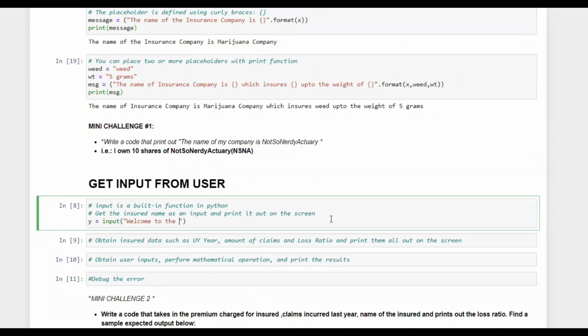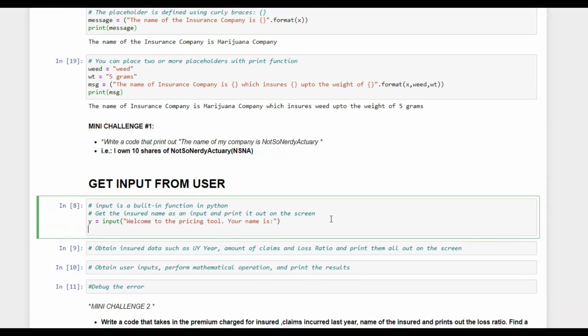Welcome to the pricing tool. And we have to ask for the input: your name is. This is what will be a prompt. So whenever someone enters it, this is the first message they will get. What do you want to print out of it now?